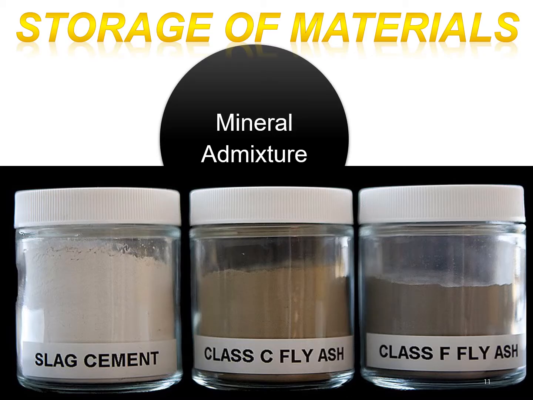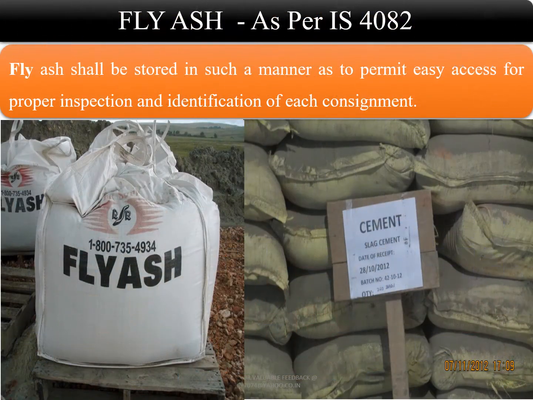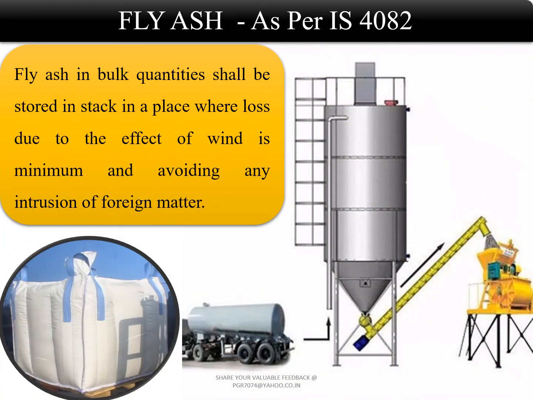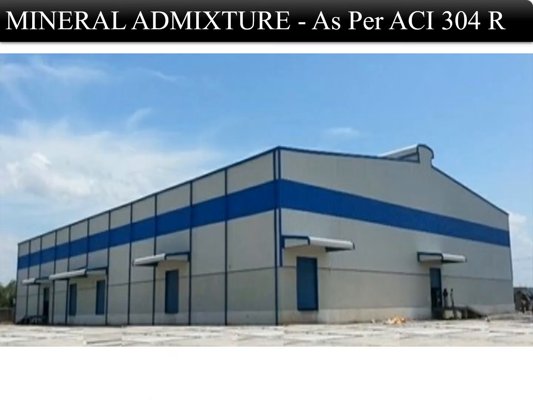Now the storage of materials in the category of mineral admixtures. For the storage of fly ash, the recommendations given in IS 4082 are: fly ash shall be stored in such a manner as to permit easy access for proper inspections and identification of each consignment. Fly ash in bulk quantities shall be stored in a stack in a place where loss due to the wind effect is minimum, avoiding any intrusion of foreign matters. The recommendations given in ACI 304 are: